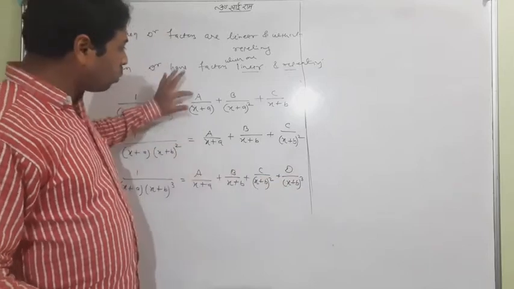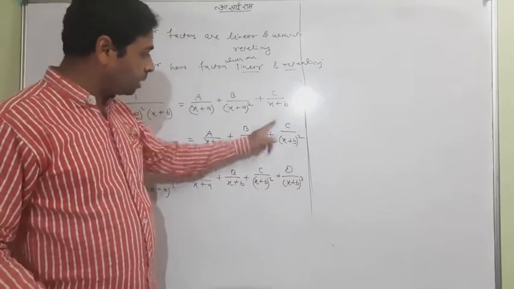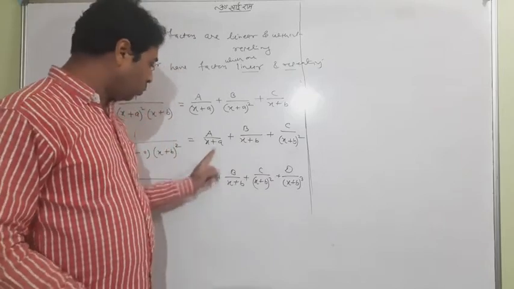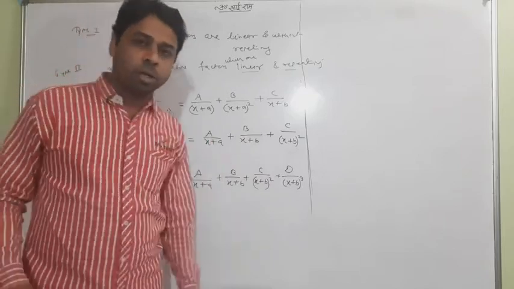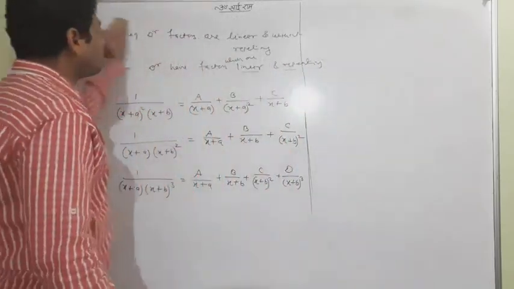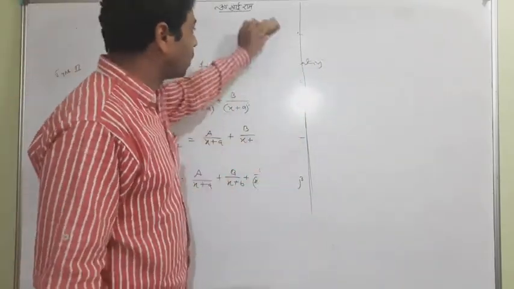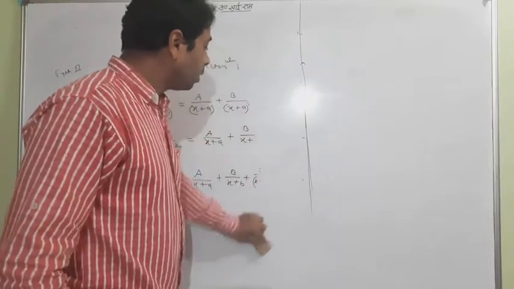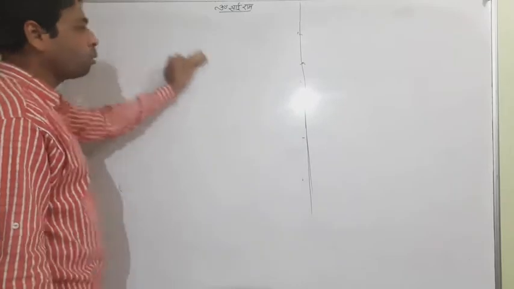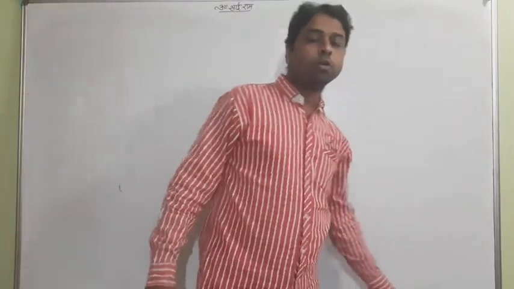So it's your duty to find a, b, c, d. And when you succeed in finding all of a, b, c, d, you can do the integration, and that will be seen after. Don't worry about that. Keep this concept in mind. Let me put some questions on that so that I can tell you how we can deal with this kind of question. Very easy, nothing hard, but you should know how to resolve into partial fractions.